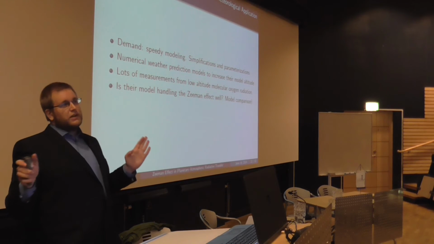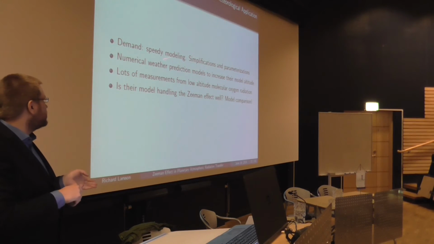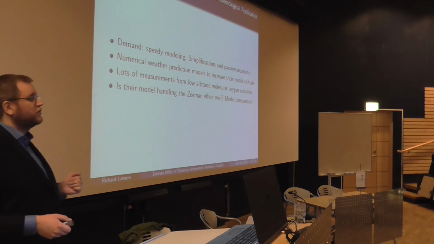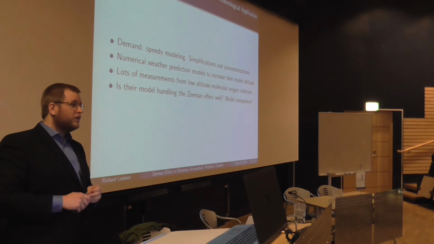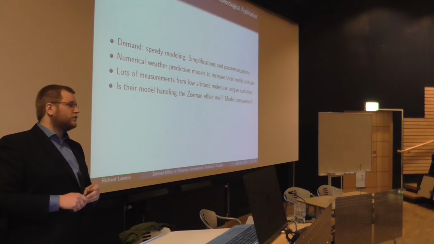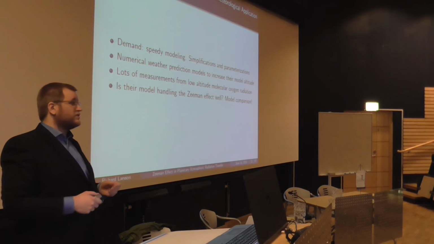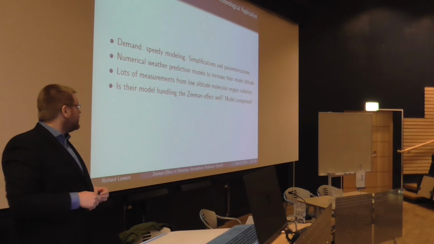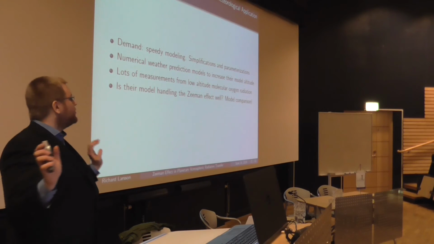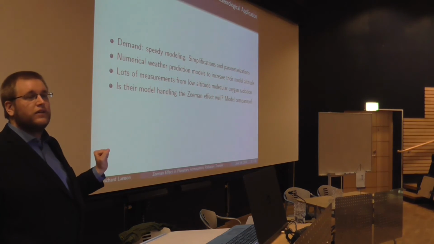And why is the Zeeman effect interesting in this case, and why is it interesting now? That's because numerical weather prediction people, the meteorological agencies, want to increase the altitudes of their models. To increase the altitude of their models, they need to retrieve data or radiation. They need to somehow constrain the temperature at high altitudes. The reason this is interesting is because there is some dynamical interaction and whatnot up there, not my field. But they want to increase the altitude,